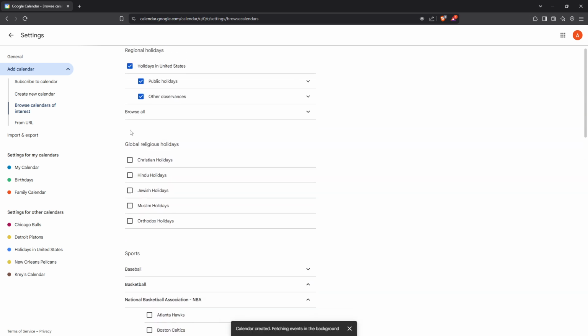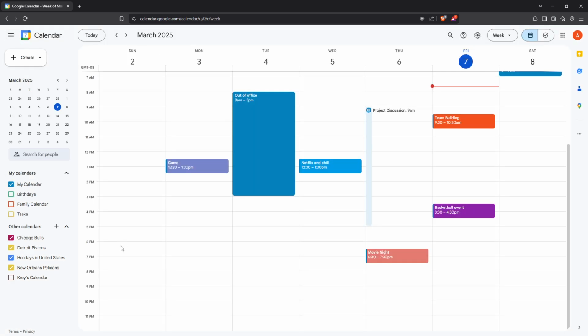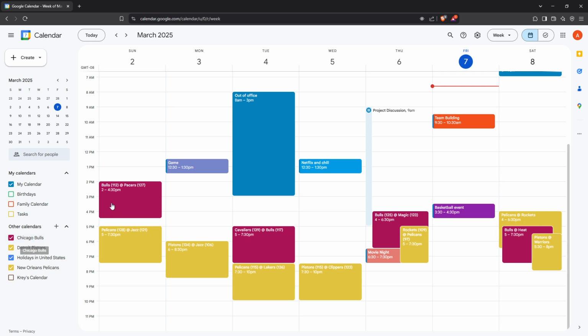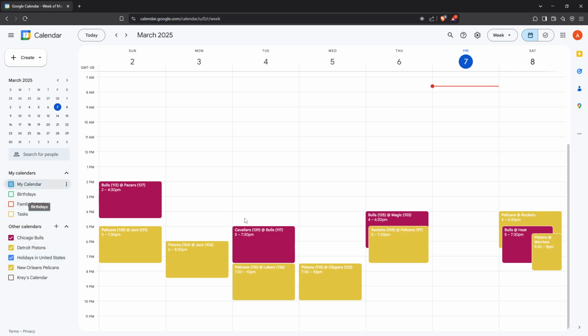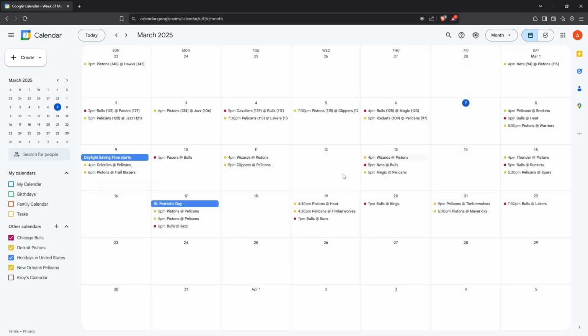From now on, your calendar will automatically be updated with the latest fixtures and results, ensuring you're always in the loop with your favourite sports events. Remember, you can revisit these settings anytime to adjust your preferences. This feature is an excellent way to organise not just your personal life, but also your sports fandom. It's a game changer for balancing personal, professional and leisure activities. So enjoy this newfound convenience and may you always know